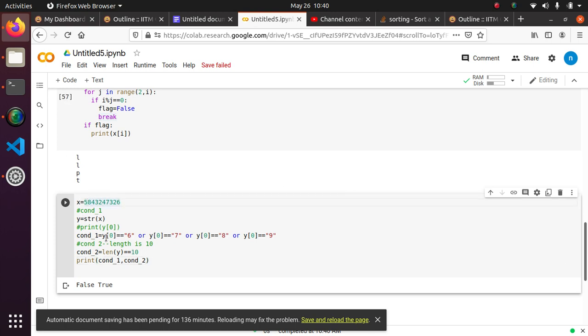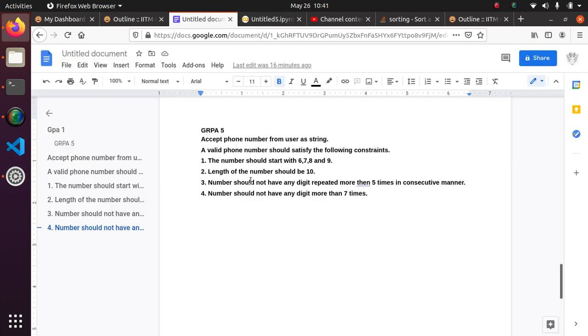Let's change it to 9. Now the first condition passes and the second condition fails. This is a very interesting program. When it starts with 9 or 8 or 7 or 6, and it is of length 10, then it works.